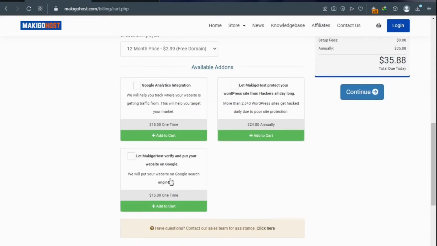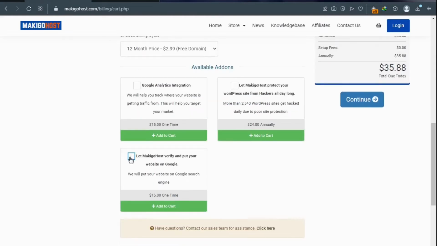And the last one is Makigo host will verify and put your website on search engines just like Google. Okay, after building this website, it will not be on Google automatically. You need to do it manually. Okay, so if you want them to do it for you, this is a one-time payment. You can also choose that there, and after that you click on continue. Okay, so click on continue,